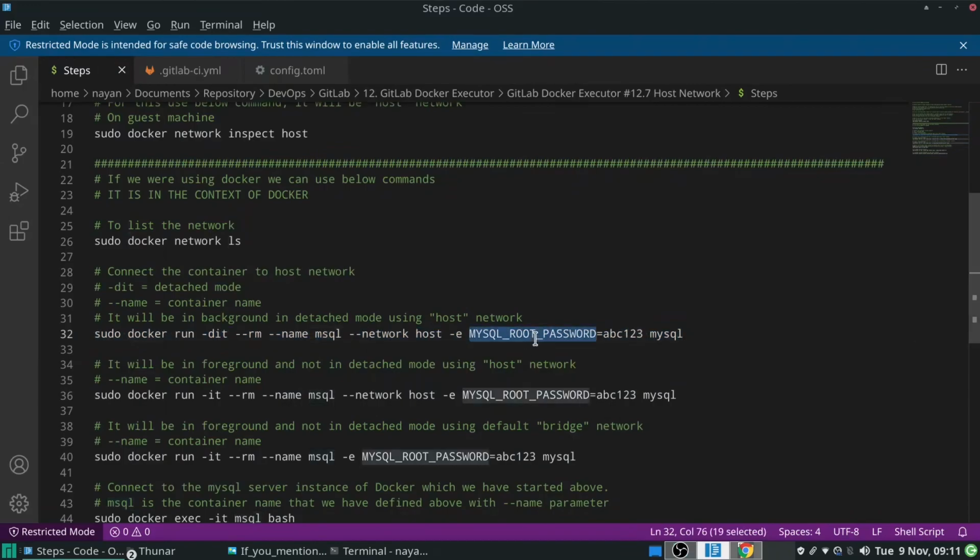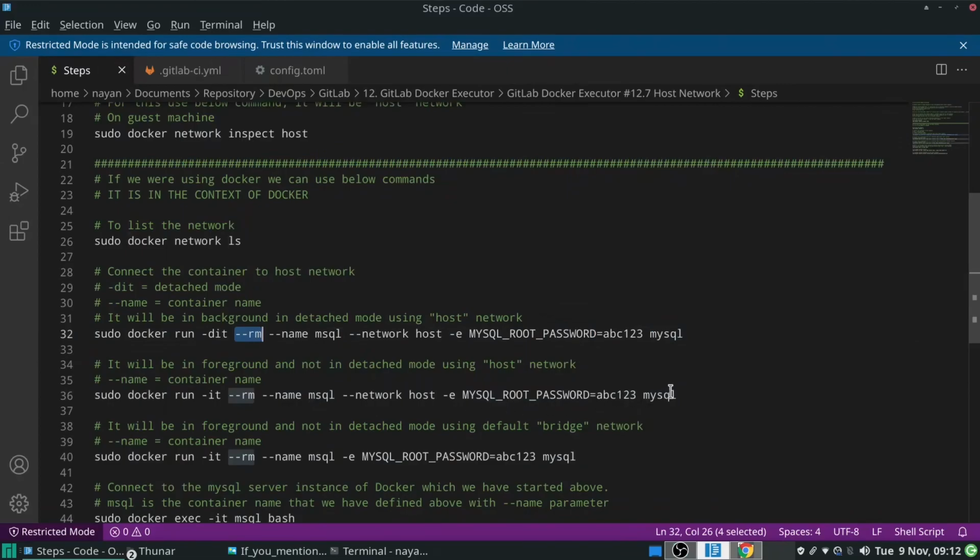Over here, I have provided the environment variable MySQL root password equal to ABC123. What I want to do is start the MySQL image container. This -dit means I want to run it in detached mode. And this --rm means once we close or shut down the container, it will be removed automatically. And we don't need to do anything else over here.